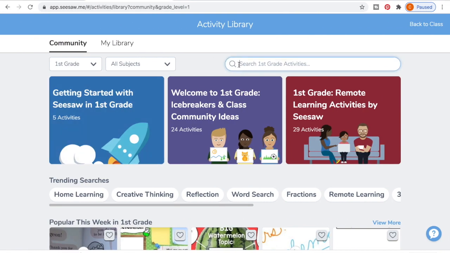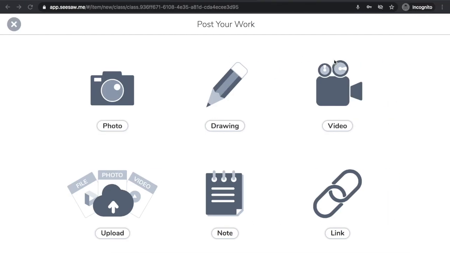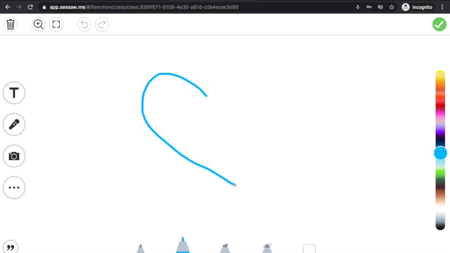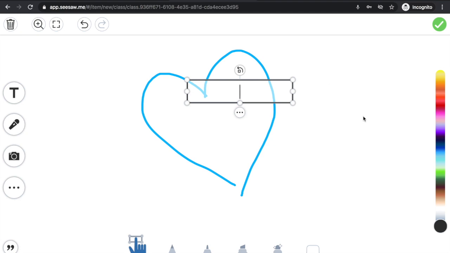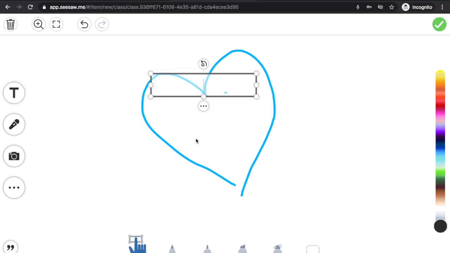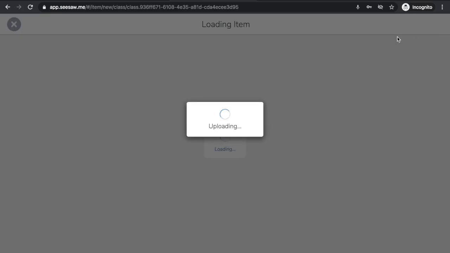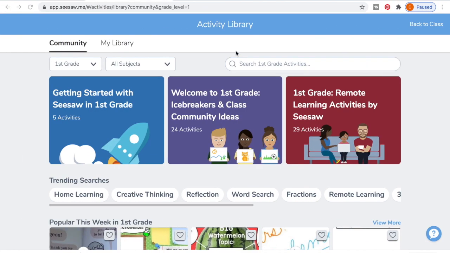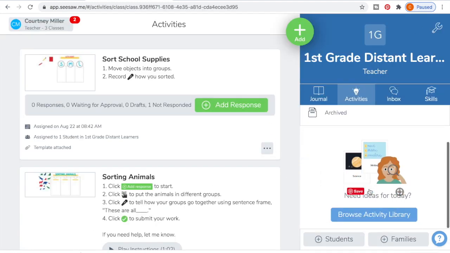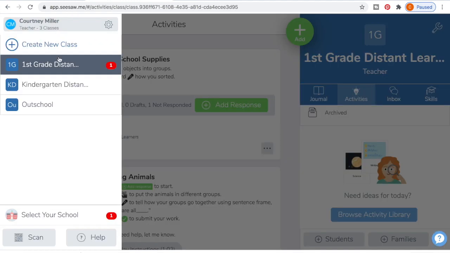And anybody can add a journal. And then as a teacher, for example, if I were to submit my work, let's say I drew something, and I was supposed to talk about whatever, okay? So, testing. I'm going to now push that check mark. It then saves this item. And then as a teacher, what you will see is you will go back to your class. If I go into distant learners right here,